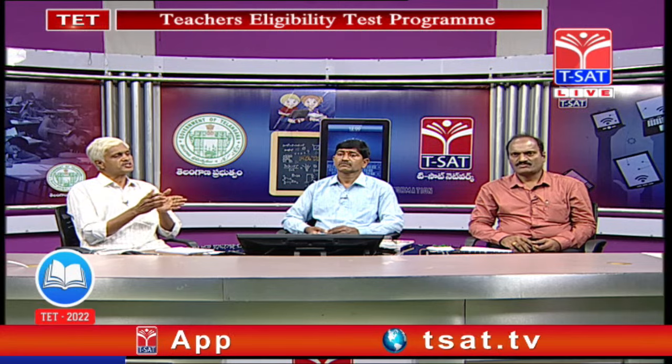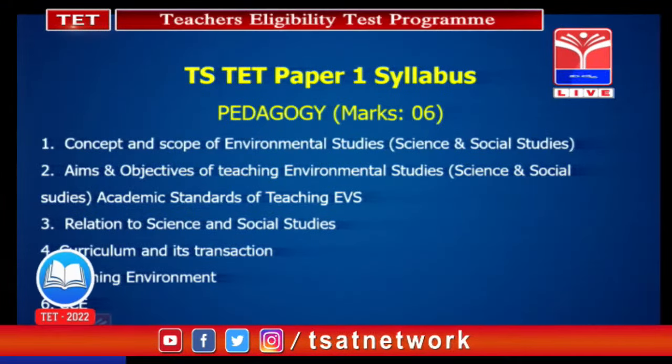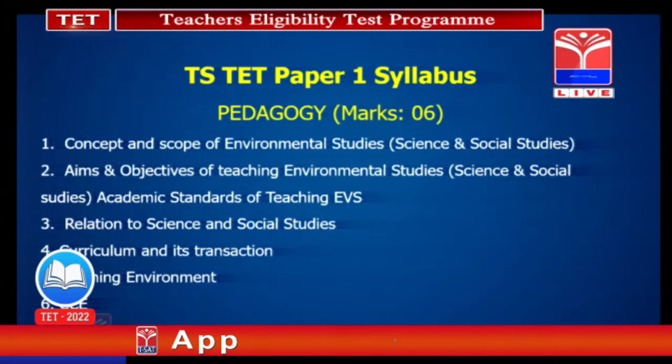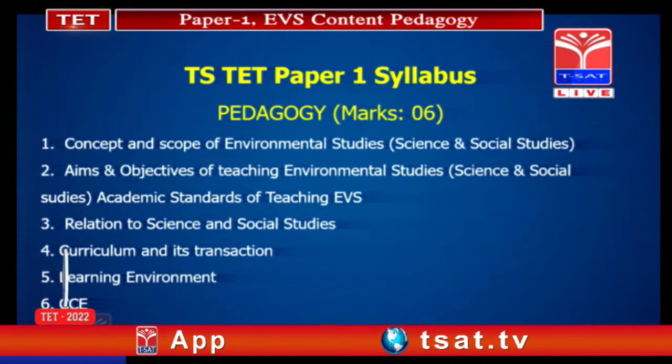You need to list out what academic standards are there under the EVS part, and what academic standards are extended in the science part and social studies part. And one more important point is you need not restrict yourself to this portion. Why? Because of the background of the academic standards: how they came into force, what the recommendations of the National Curriculum Framework are, how the transformation took place, and in what way Benjamin Bloom's taxonomy of educational objectives was converted into learning outcomes and academic standards.